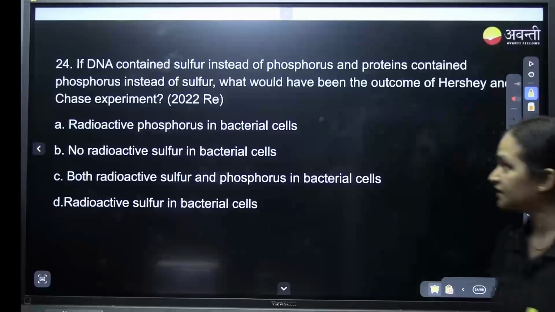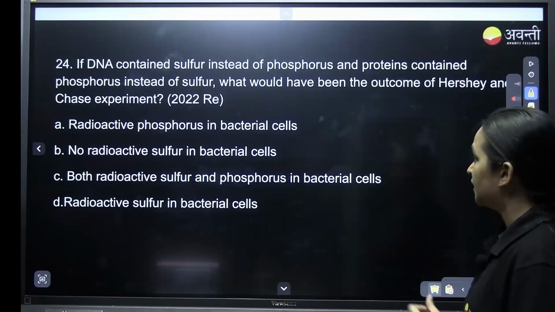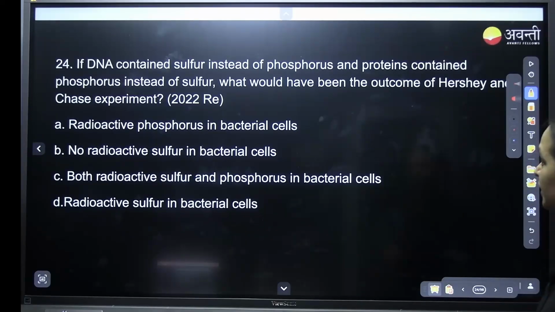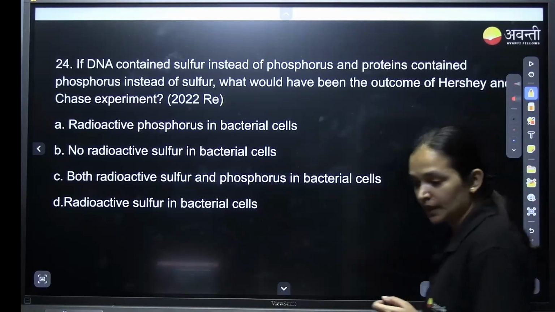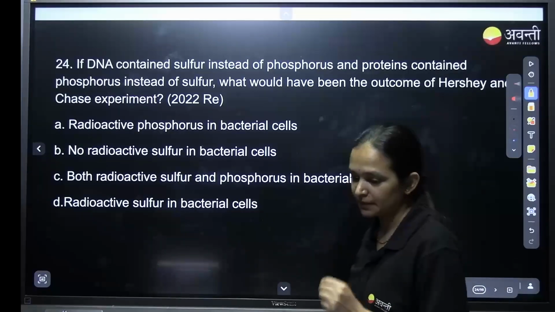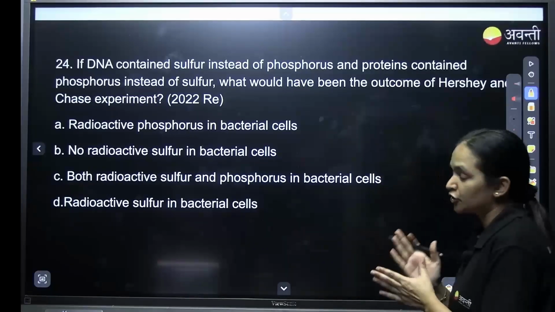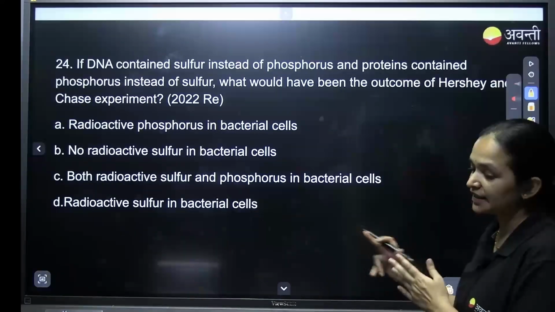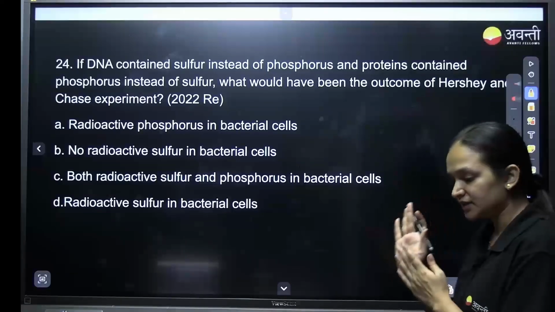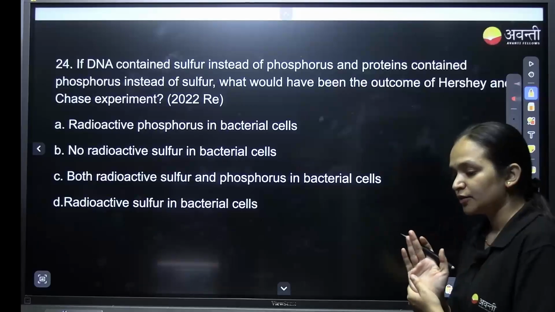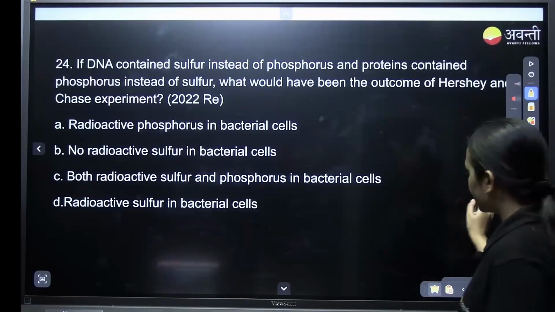If DNA contains sulfur instead of phosphorus, and protein contains phosphorus instead of sulfur, what would have been the outcome of the Hershey and Chase experiment? Here there is a condition: DNA actually has phosphorus, but they are telling us it contains sulfur, and the protein contains phosphorus, not sulfur. Then what would be the outcome? So, if the bacteriophage,